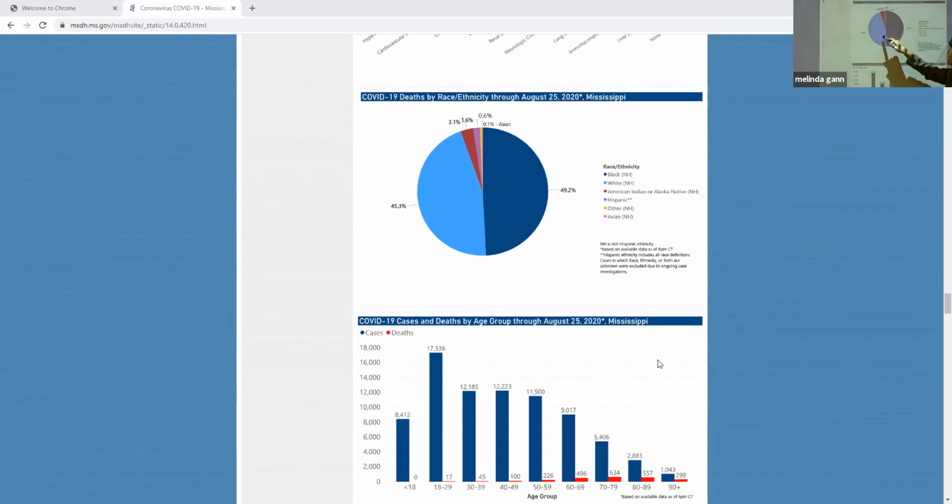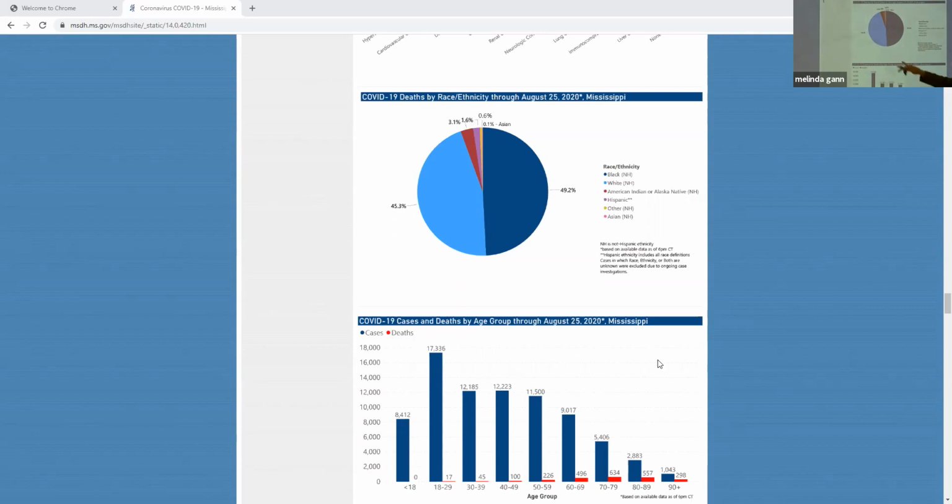These are whites. The red is American Indian. The pink are Asians. And the gold is other. And then it's got the percentages out there. Now, where did they get these percentages? Just like you got them on that table a second ago. Is everybody with me? So this one is COVID deaths by race. So which is the biggest piece of pie? Black is 49.2%. Though that's not the majority race in Mississippi.